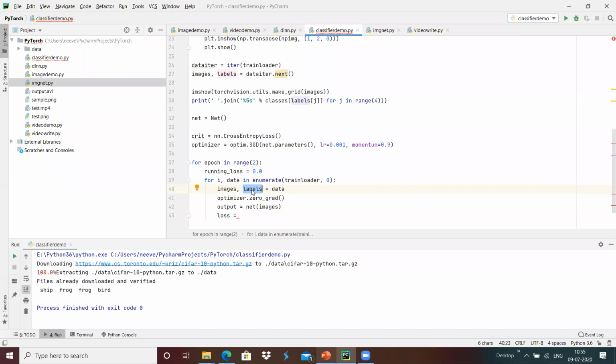In order to calculate the loss, the output is the one we received using the network, and the label is the expected one.